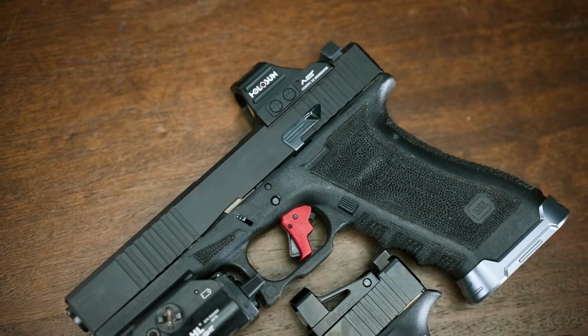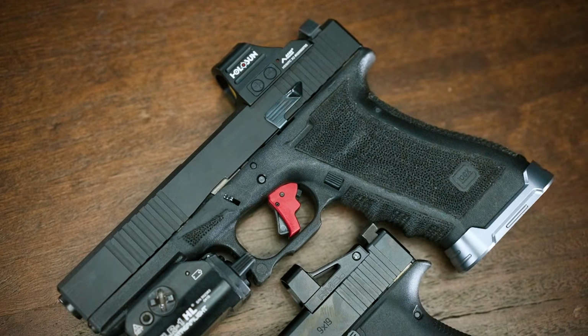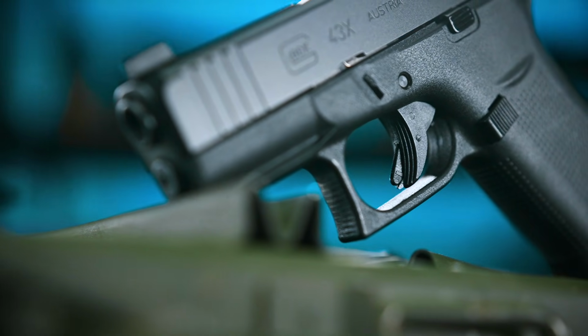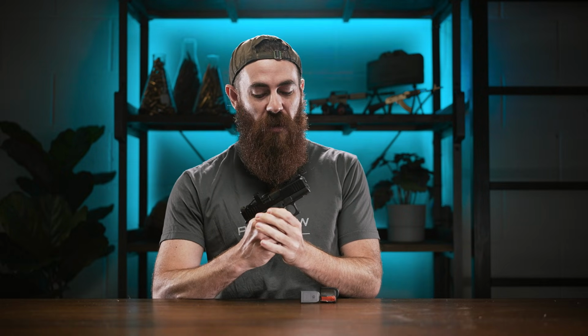I'm going to preface this by saying that I am definitely spoiled by the fact that my personal Glock has an Apex trigger with a 3.5-pound connector in it, and although you're never really going to be able to upgrade that inherent sponginess that kind of just comes with the Glock territory out of a gun completely, oh boy, is the G43X's trigger